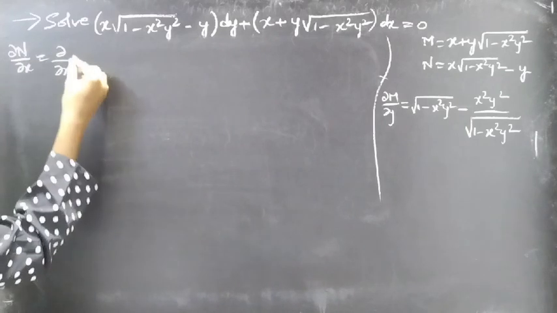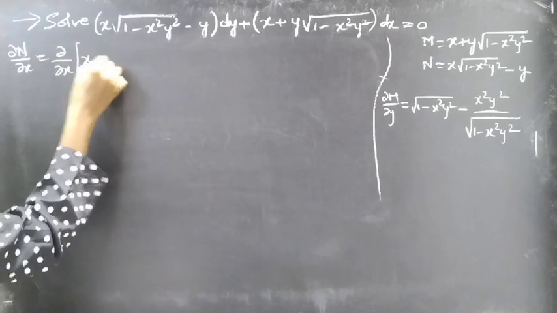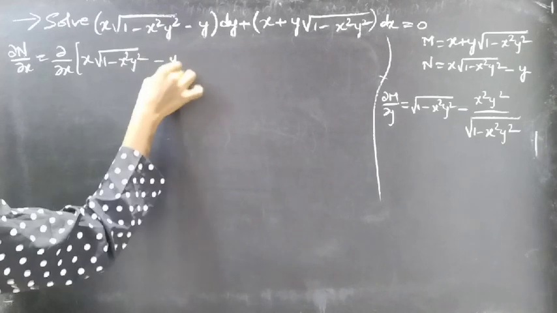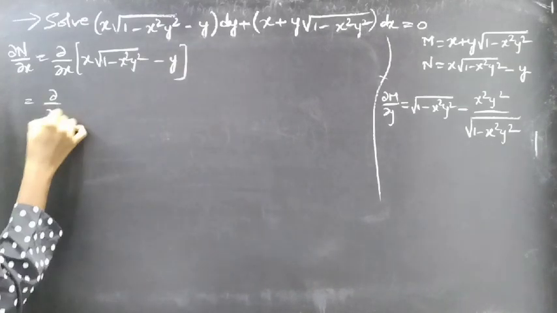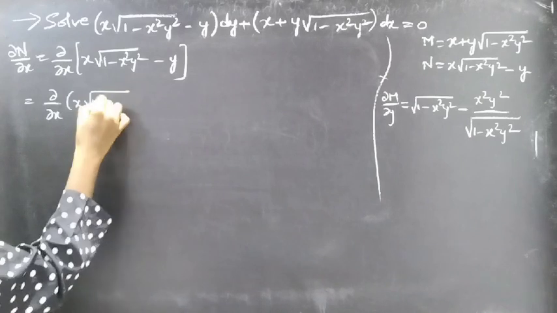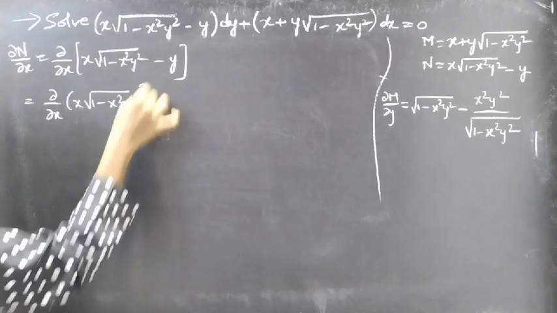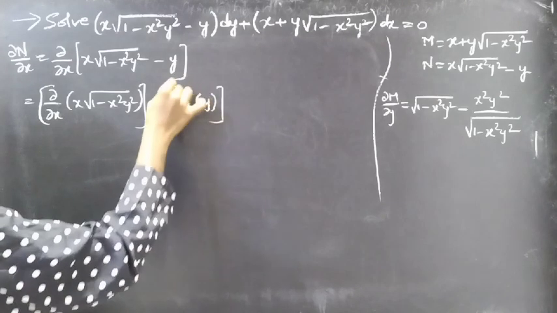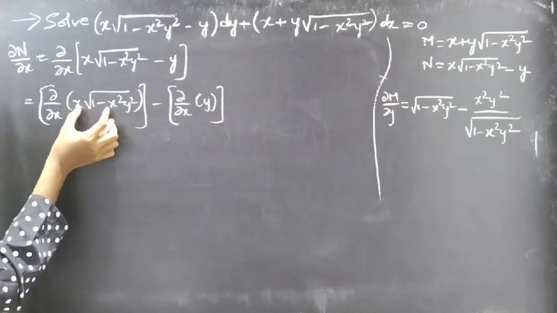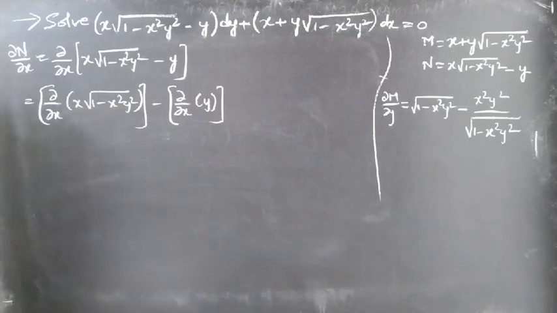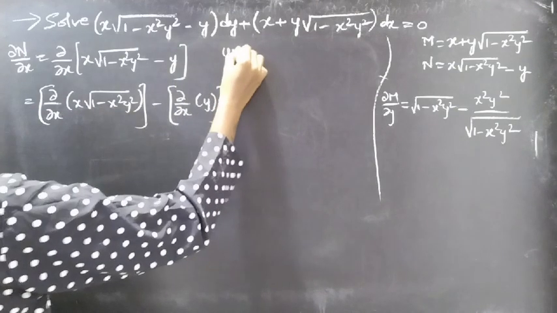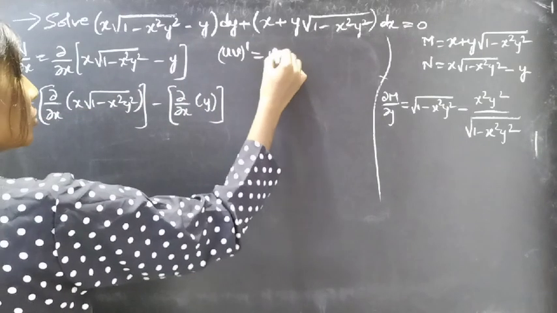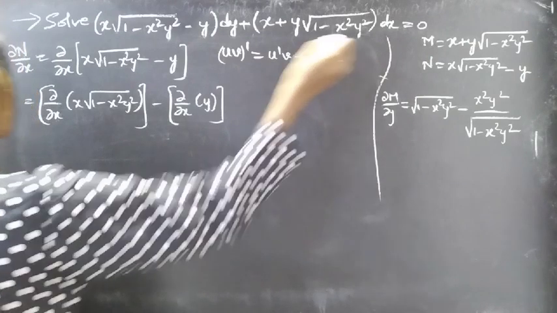Dou by dou x of n, that is x square root of 1 minus x square y square minus y. This equals partial derivative of first term minus partial derivative of second term. So here we are having product of two terms, right? We need to find partial derivative of this term with respect to x using uv dash formula, which is u dash v plus v dash u. This gives us